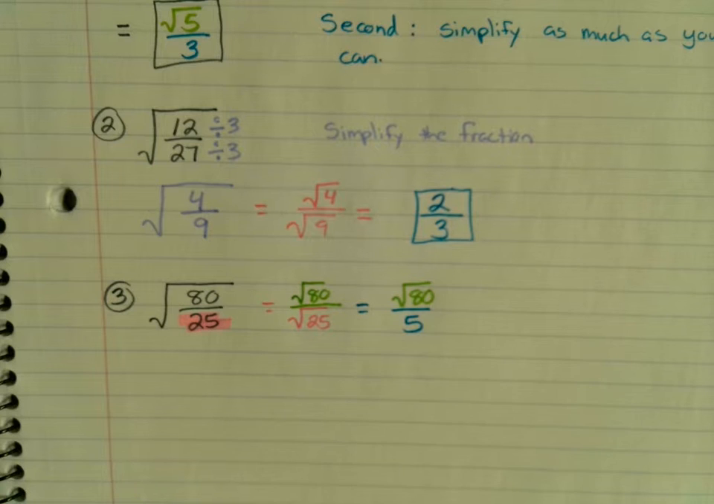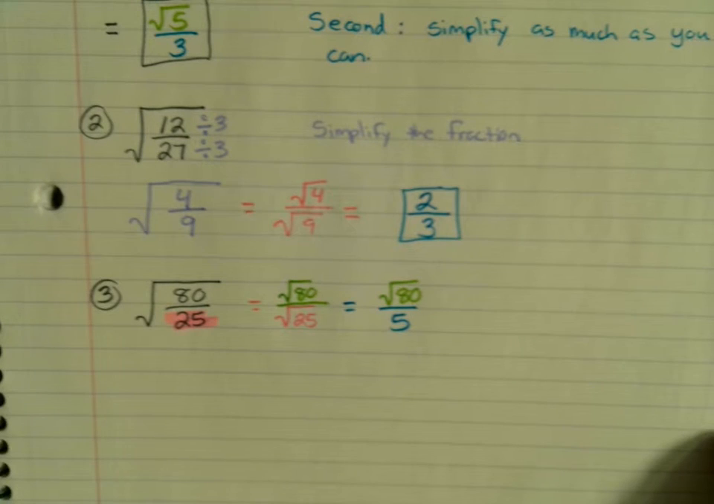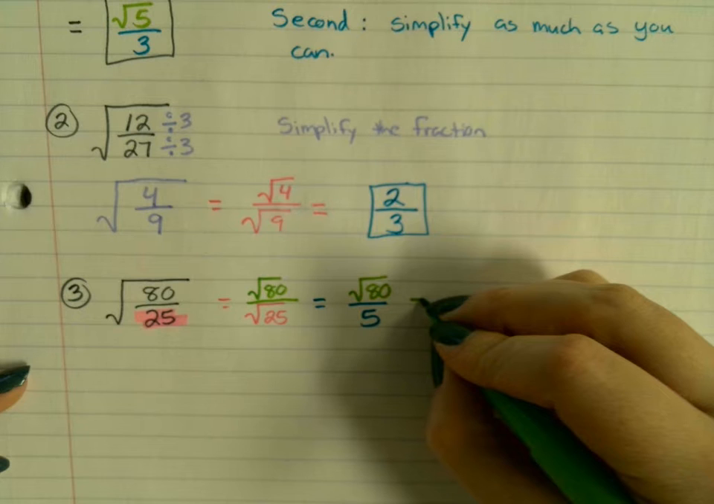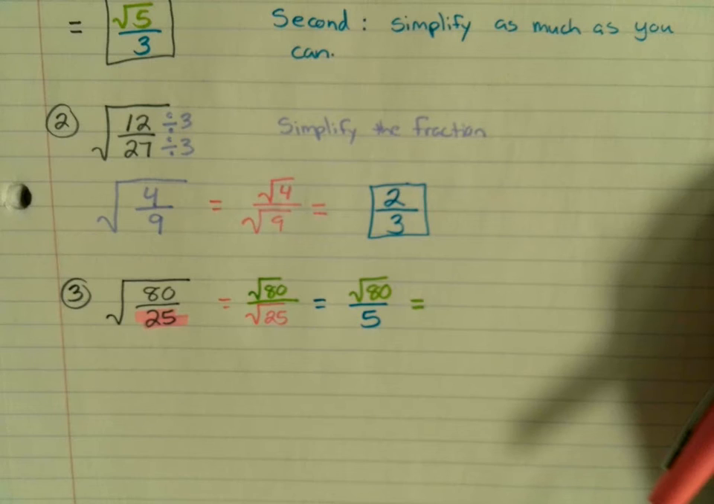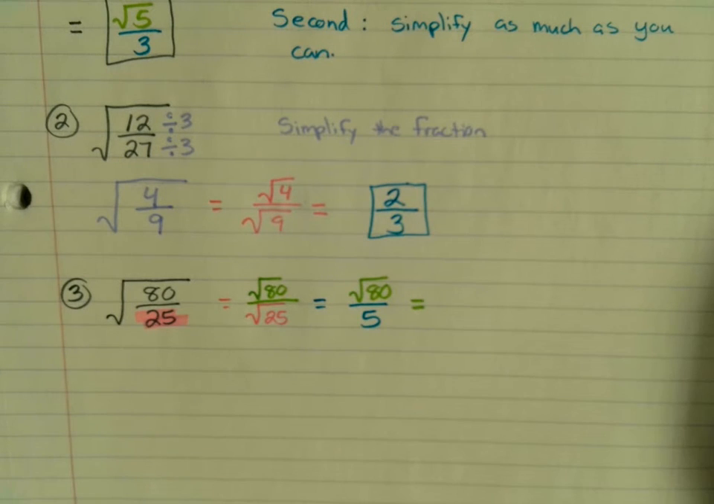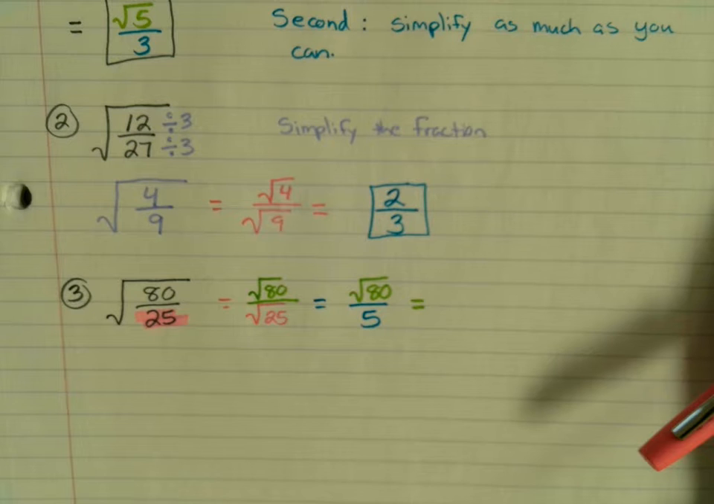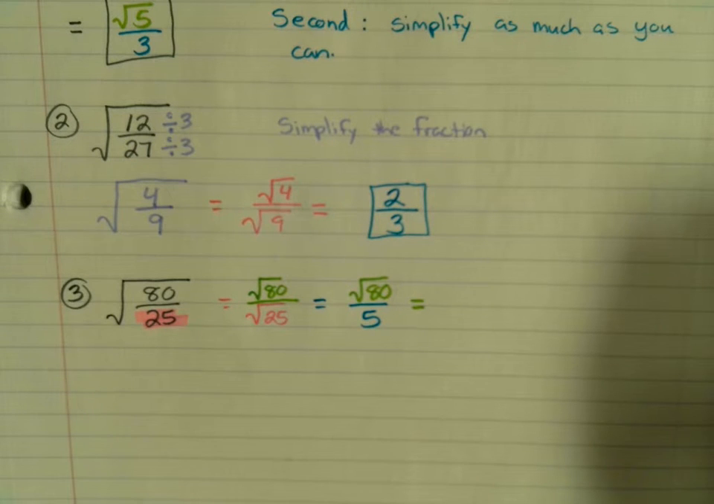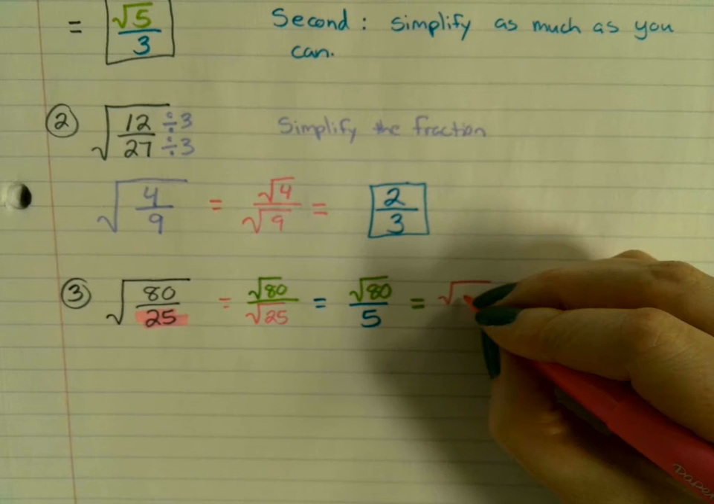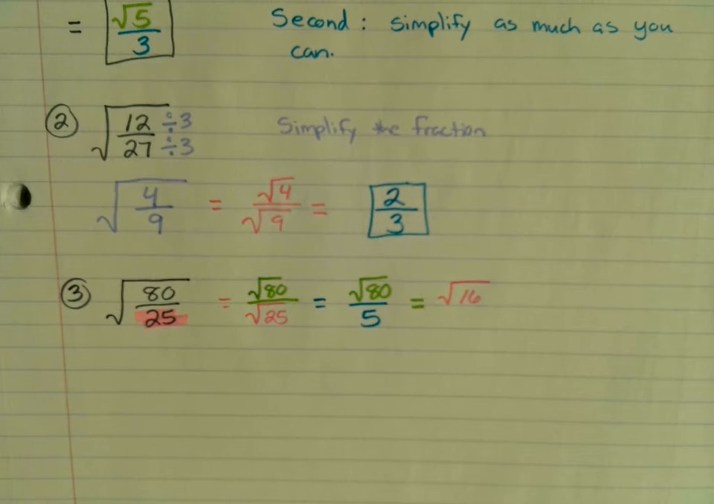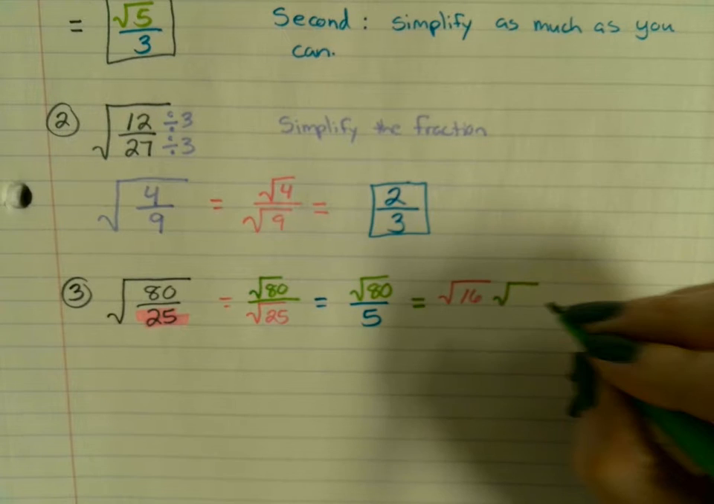Let's break 80 up. What perfect square can go into 80? 4 can go into it, yeah. So you'd have 4 times 20, but 20 can also be broken down. So there's a larger perfect square that can go into 80. 16, very good. So you have square root of 16 and square root of 5, all of it over